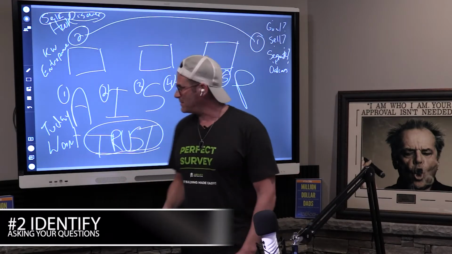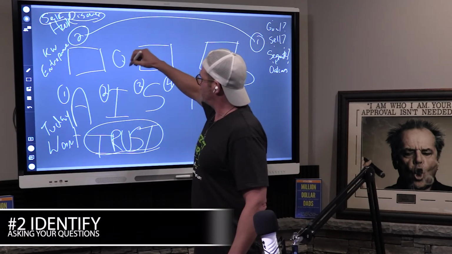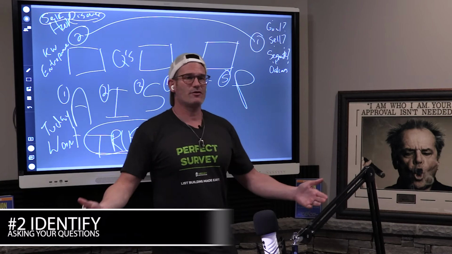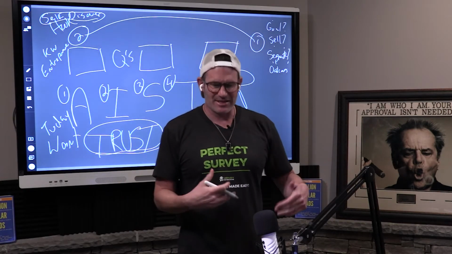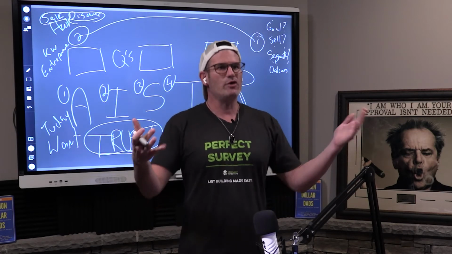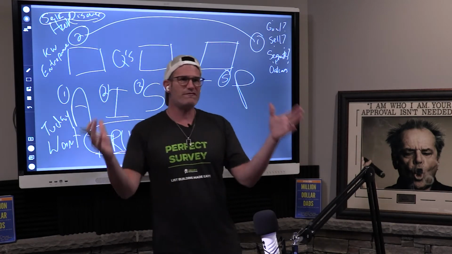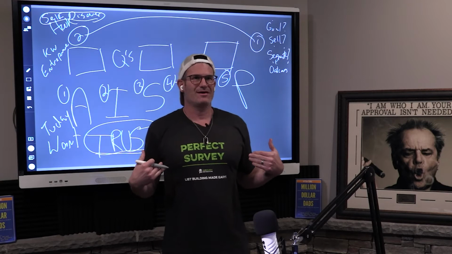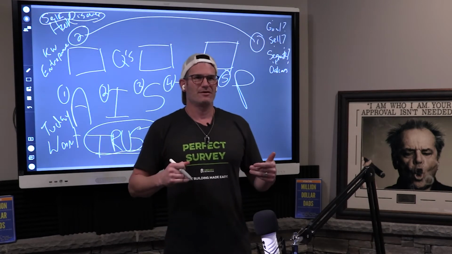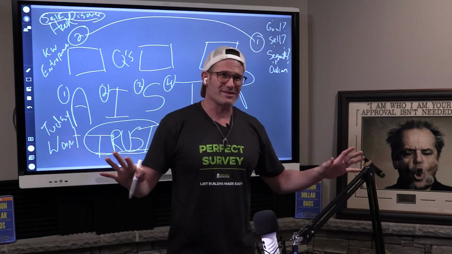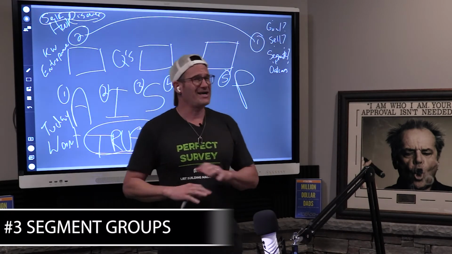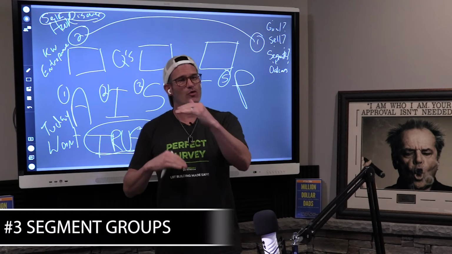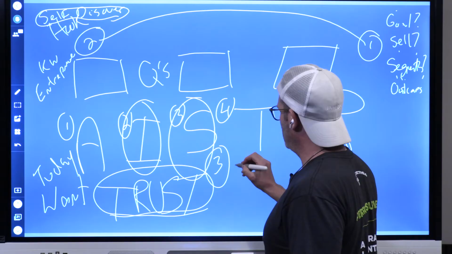On the identifying aspect, those are your questions. Just putting together the right questions, because all you're really doing there is asking them questions to figure out, like, what are you about? Where do you fit with me? I want to understand you, right? Now, I already know my segments. If I'm creating a segmentation survey funnel, I know my segments. I already know the outcomes. I know who I'm looking for.